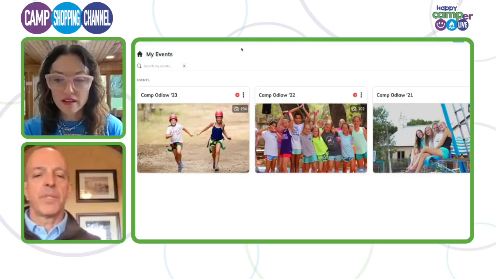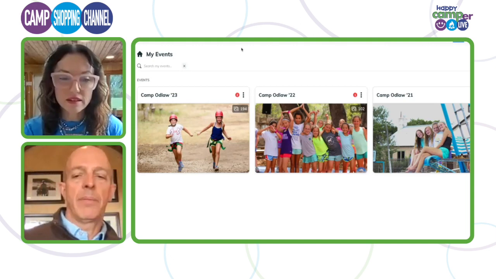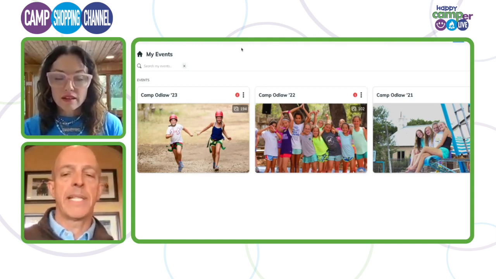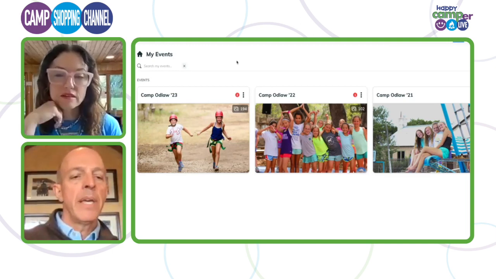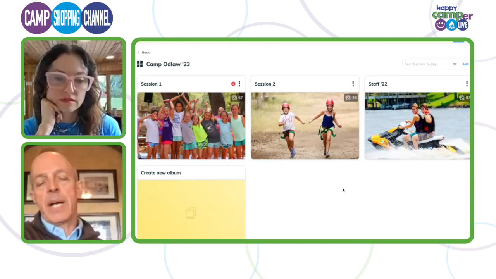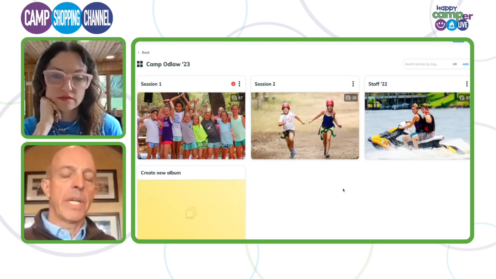This is an example, just a sample camp. In this case, this camp has been what we call Waldofied for 3 seasons. So you can see 21, 22, 23. If we just jump in here to a season, so every time one of our camp partners comes into